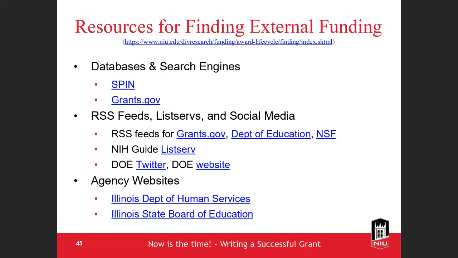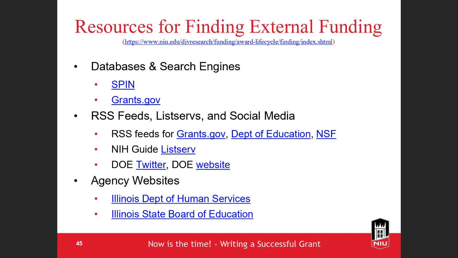So you're motivated, you've got your tips, you're ready to go. Let's go find some grants. So you could use a database or a search engine to find some grants. NIU subscribes to SPIN, which is a federal and non-federal grant funding search engine. And I'll talk a little bit more about SPIN in a second.